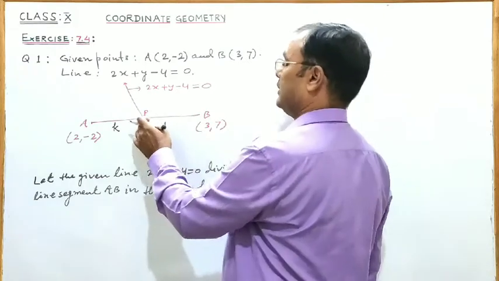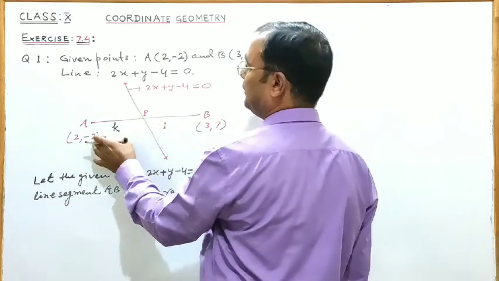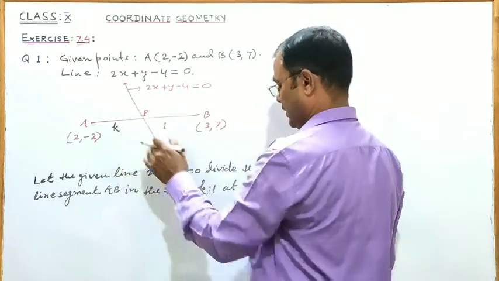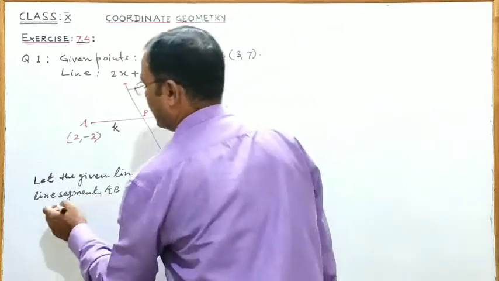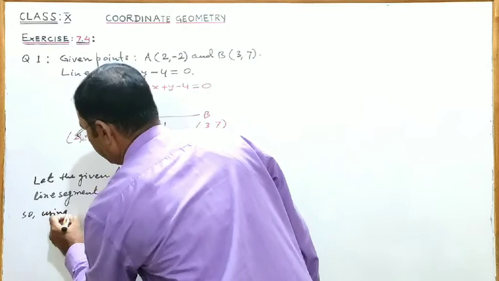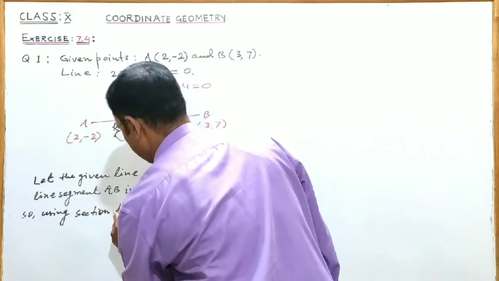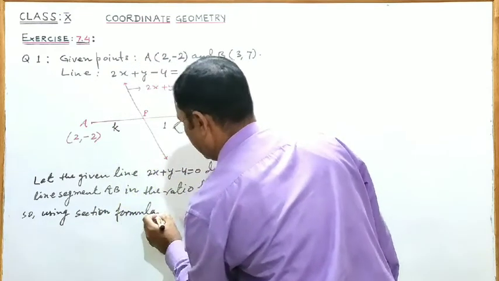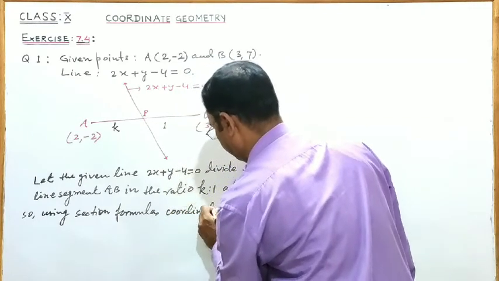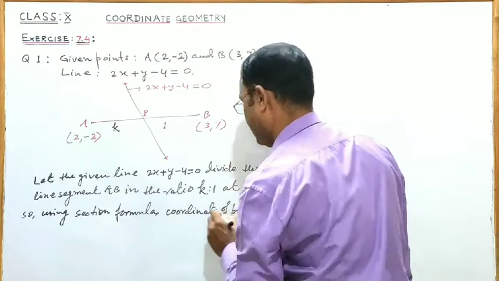So, using section formula we can write coordinates of point P in terms of coordinates of A and B, and k is to 1, the required ratio which we have to determine. So, using section formula, coordinates of point P are,